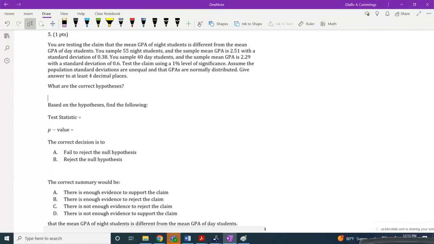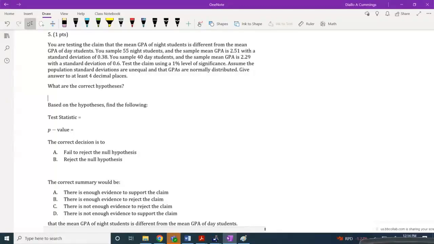The sample mean GPA was 2.29. Standard deviation was 0.6. Testing the claim at a 1% level of significance. Assume that the population standard deviations are unequal and that the GPAs are normally distributed. Give the answer to at least 4 decimal places. So now on this one, you have to write out your null hypothesis, your alternative hypothesis,